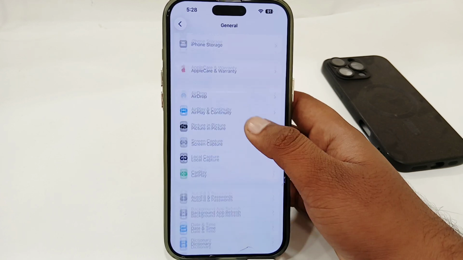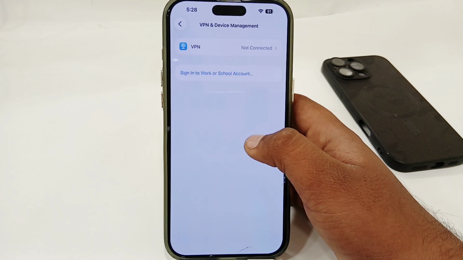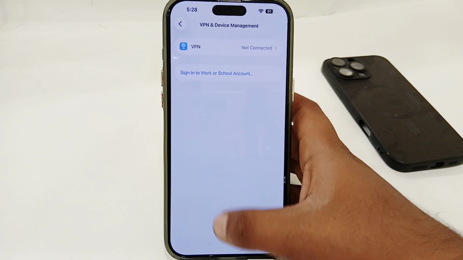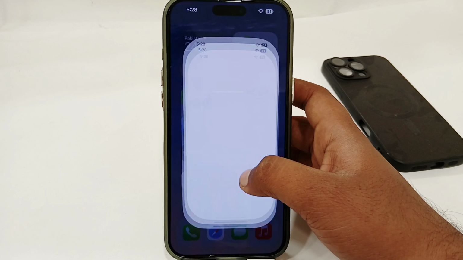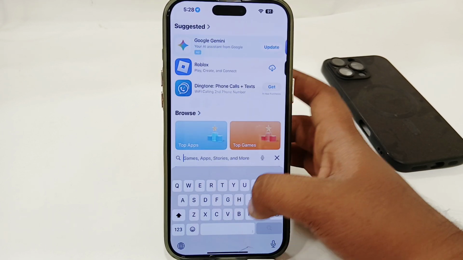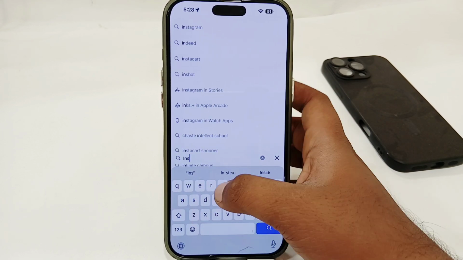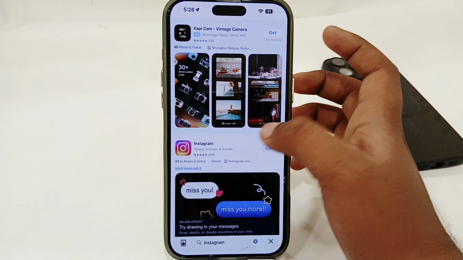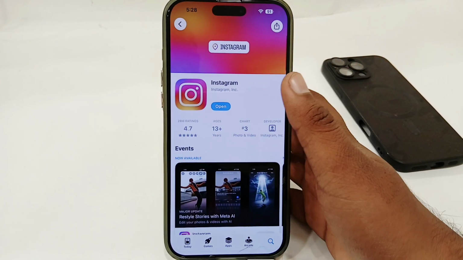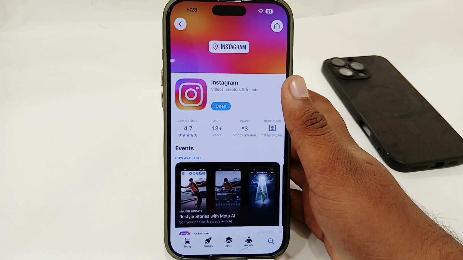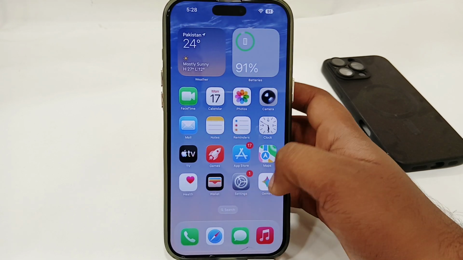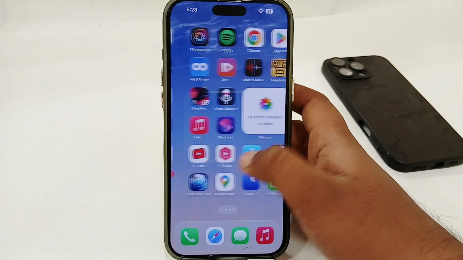Then go back and go for general settings, go for VPN and device management, and make sure that you're not connected to any VPN. If you're connected, try to disconnect. Then go back, open your App Store, go for search and search for Instagram. Check that there are no pending updates available for your Instagram app. If you find any, try to update Instagram, then go back, open your Instagram app and check